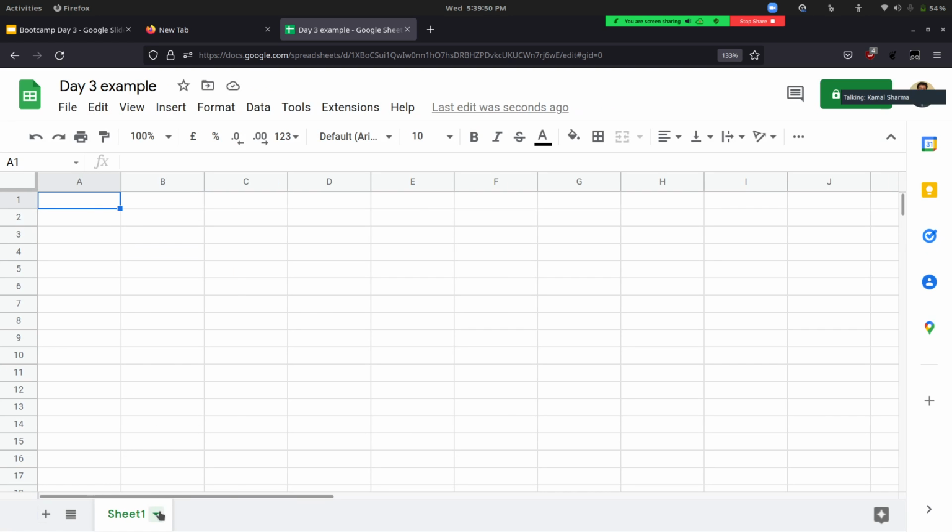Here I'll rename the sheet to student, and I'll directly add register number, name, and maybe department. Just 3 columns will do for the example purpose.